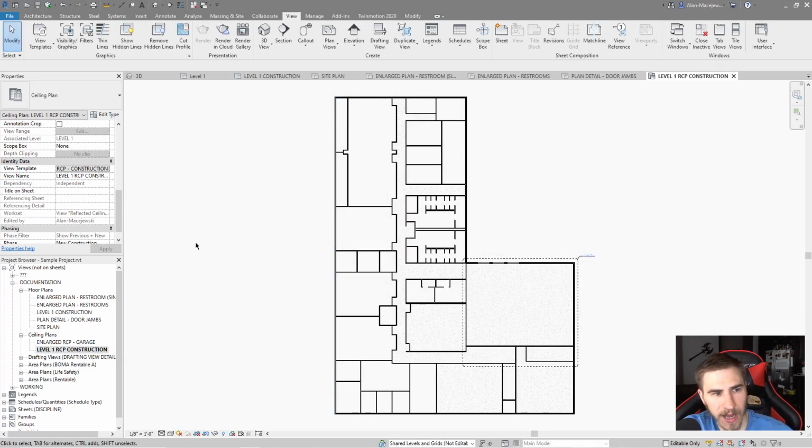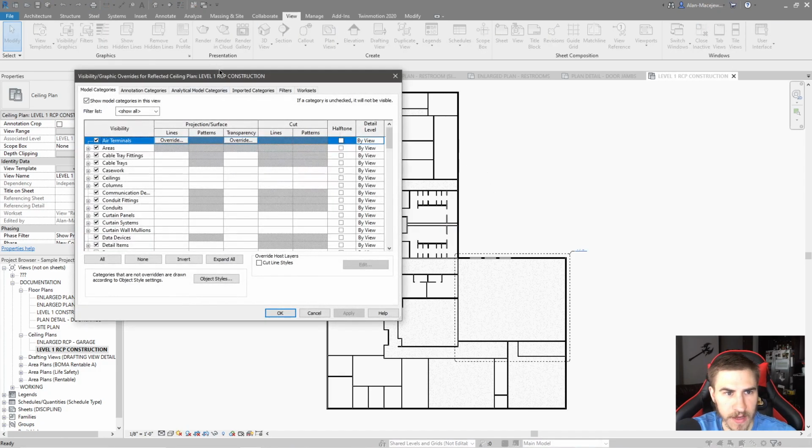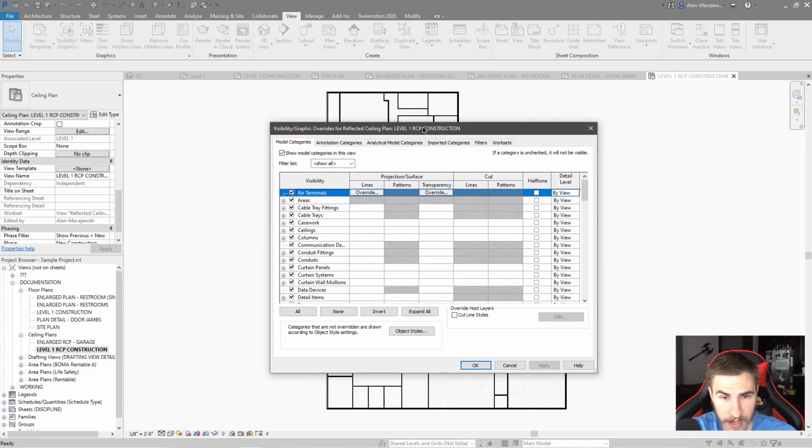Okay, that's great. But I actually want to do something else. So I've removed that template, and so I have no template on this particular view at this time. So that's nice. But I want to start to change what I can see and what's a little different. So, I want to come into the visibility graphics, and I'm not using a template right now for a particular